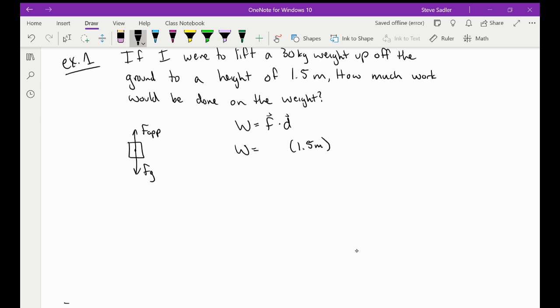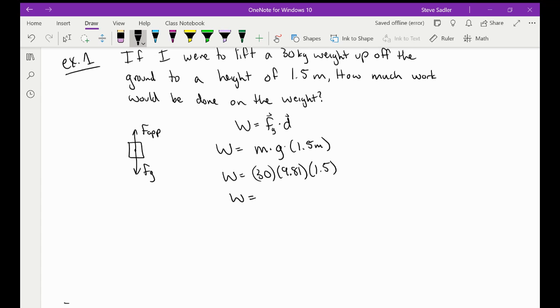The force in this case, actually, I better erase that. The force, because we are trying to counteract the force of gravity, the force applied has to equal the force of gravity. Therefore, to figure out the work being done, we can use the force of gravity, which we know to be mg. So work is equal to 30 multiplied by 9.81 multiplied by 1.5, and that gives us